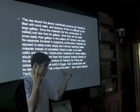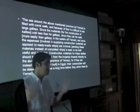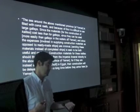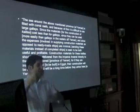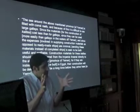We don't have any wood, so just send us the wood and we'll take care of the actual building of the ships here because the people here know how to do it. We can do it better and more cheaply than you can do it yourselves. So just let them take charge. Okay? So again, it might not seem like much, but it's a very interesting kind of a window into a